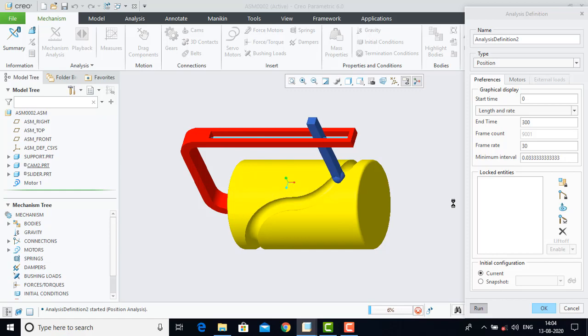Here in this video we are going to create a cylindrical cam and follower mechanism using the Creo Parametric software. First we'll create all the individual components of this mechanism and then we'll make an assembly from all those components. Once we create the assembly, we will go for the motion analysis of the mechanism. Here on the screen you can see the animation of the same mechanism right now.